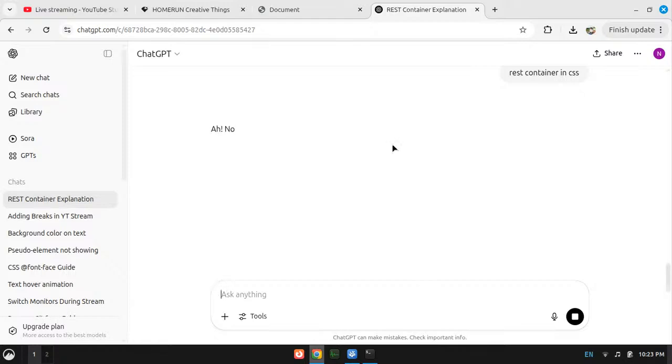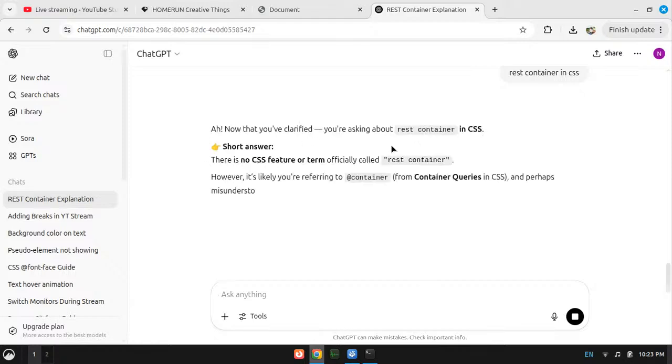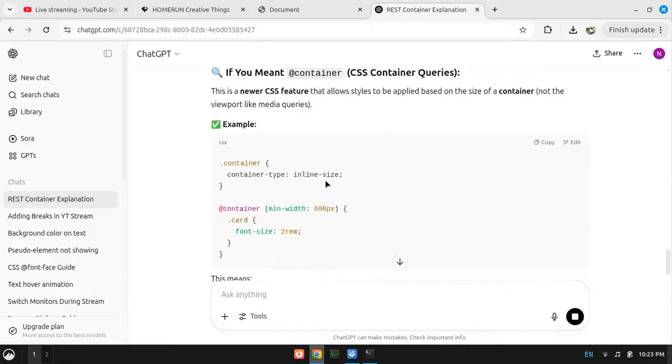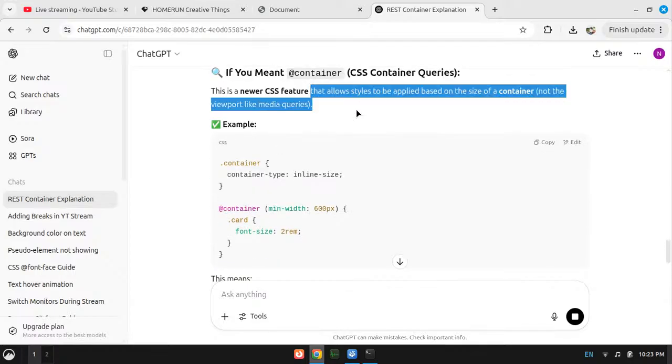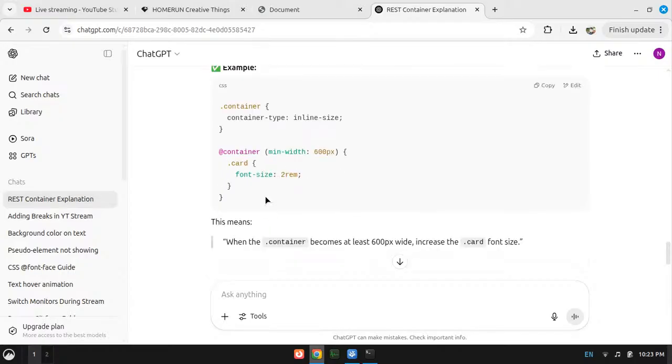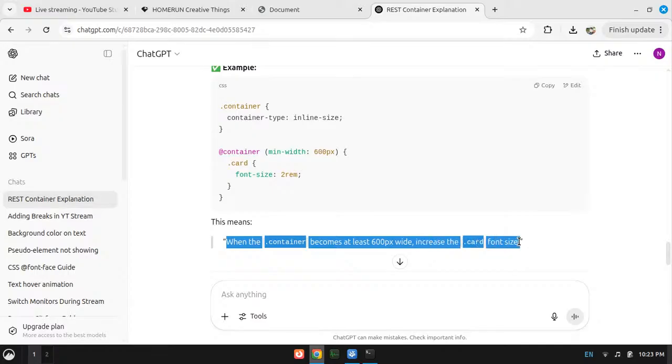Now let's see. Okay, I see. When the container becomes at least 600 pixels wide, it increases the card font size.